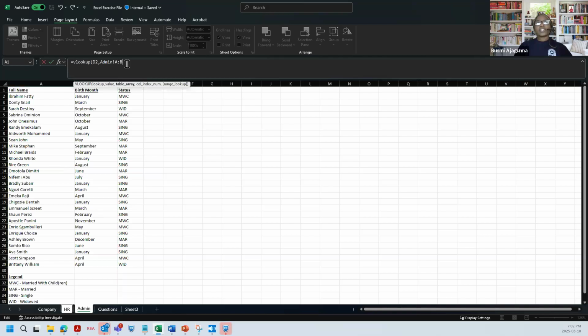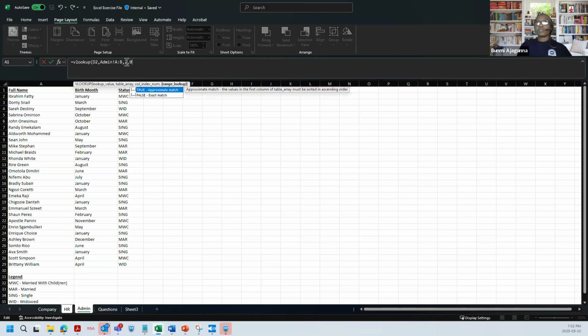And so here, after you have made sure that this is highlighted in your formula, VLOOKUP D2 in, that's comma, admin exclamation mark A colon B, which means VLOOKUP cell D2 in the A and B columns of the admin tab, comma, the second column is what you should please bring to me, comma, 0.